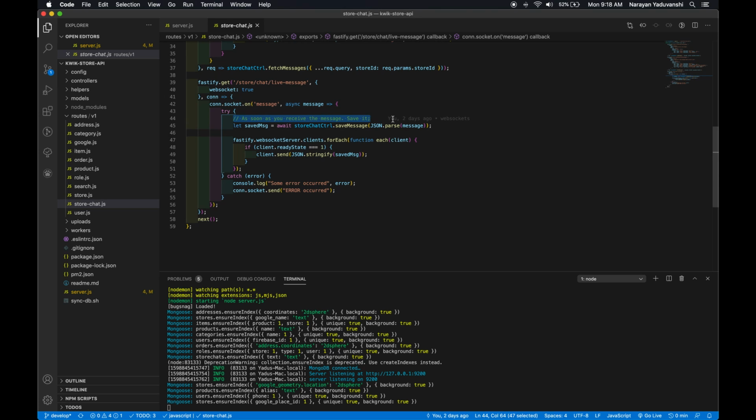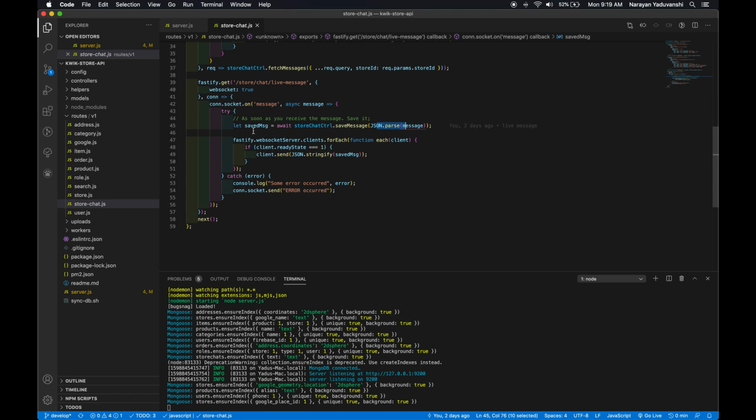As soon as the server receives the message, what I would like to do is store it in the database. So this is what this part of the code does. The incoming messages are going to be strings, and I am stringifying on the front end level and parsing it in the backend.